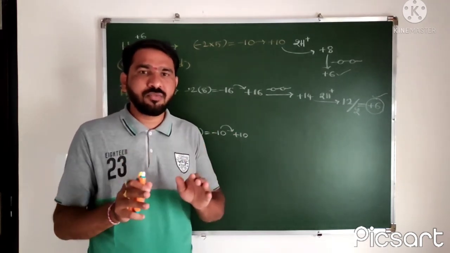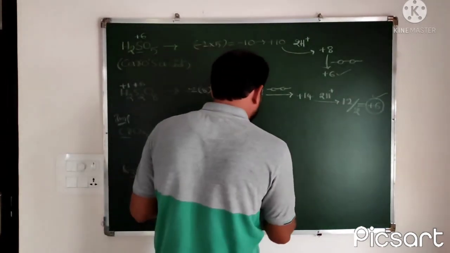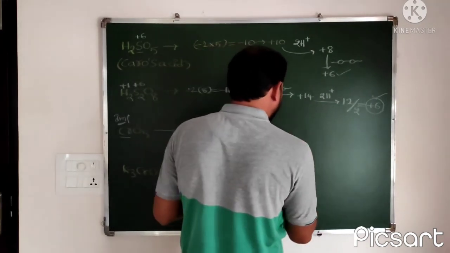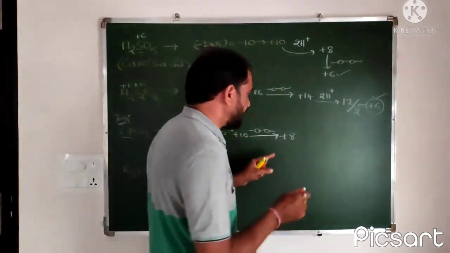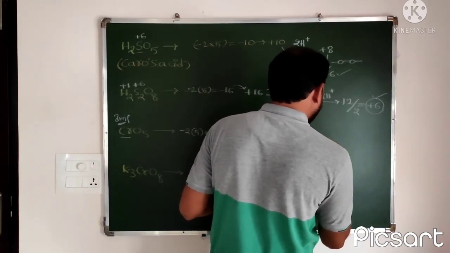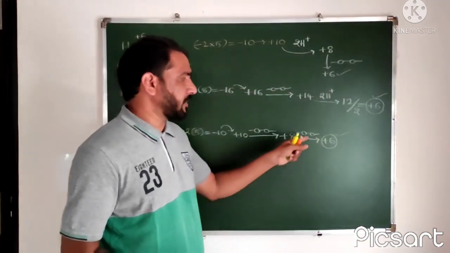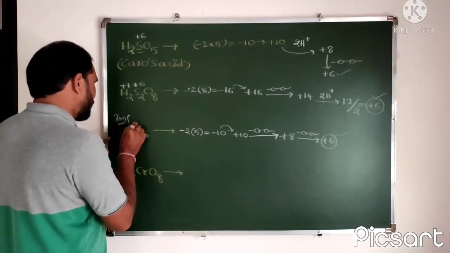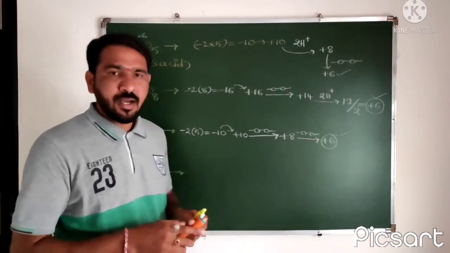That is possible by using what here? Peroxy linkages. If you use one peroxy linkage, that is reduced to plus 8. Even though plus 8 is not possible, we can use one more peroxy linkage. By that it converts to plus 6. Then plus 6 is possible, so stop using the peroxy linkages. So here plus 6 is the oxidation state of chromium. And also remember, this chromium is in a butterfly structure.